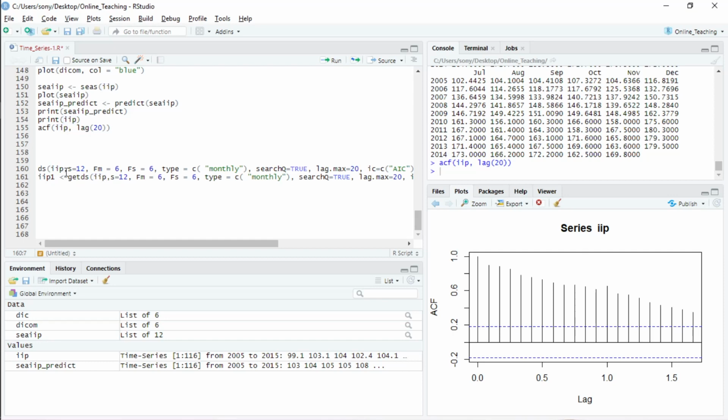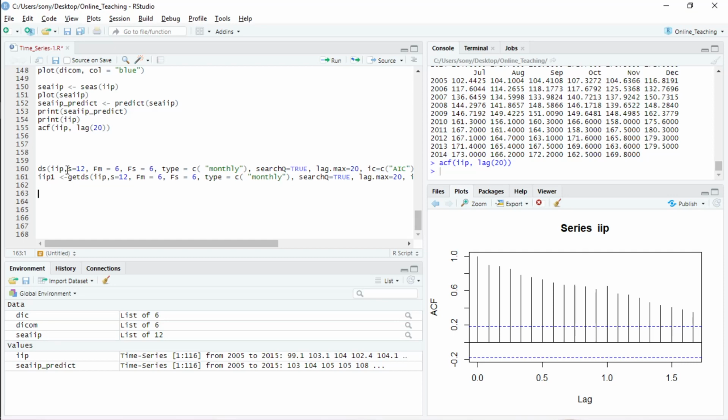Here in our data we have only one variable, that's why we write the data IIP. Suppose in your data set there are two variables, then you have to write the data frame name, dollar, and the column name for which you are going to find the deseasonalized data.